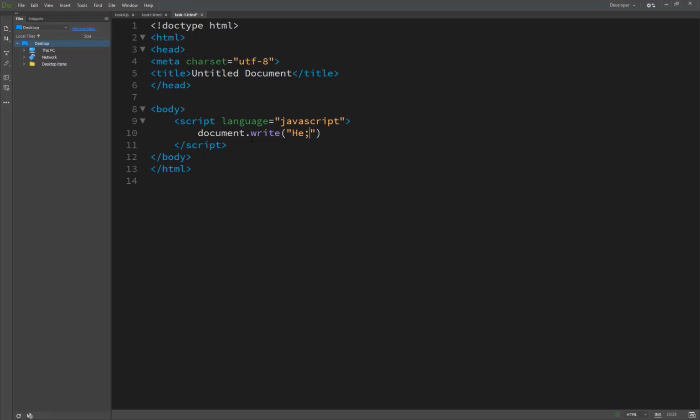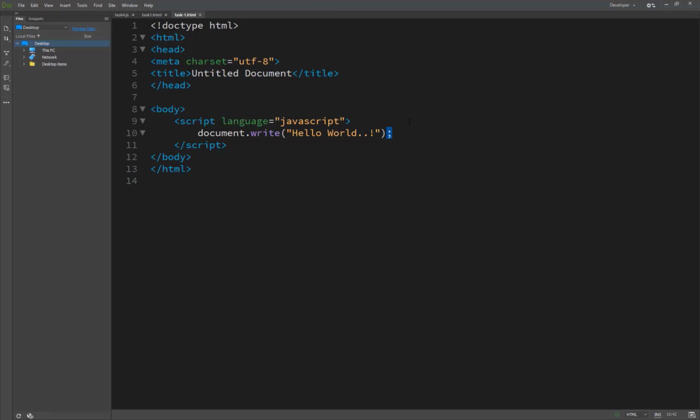Let's call it "hello world", and at the end of this statement we just give a semicolon. It's called the end statement or the termination of our line. Our code is complete. So this is really very important.